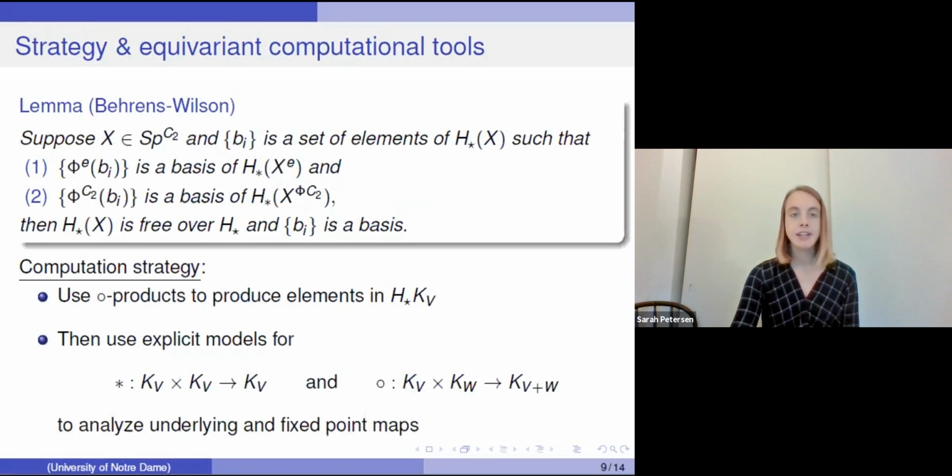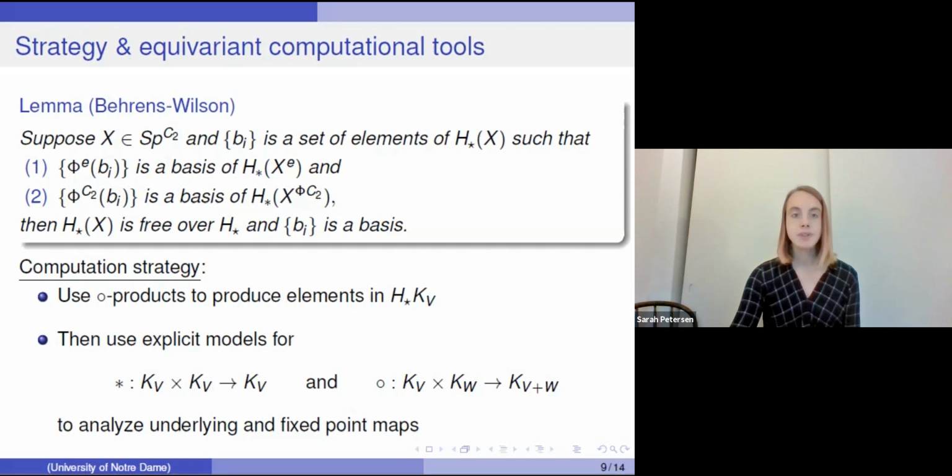In particular, I use a lemma due to Mark Behrens and Dylan Wilson. And this lemma says that if we have a C2 spectrum X and a collection of elements B sub I in the homology of X, such that these form a basis for the homology of the underlying space, as well as a basis for the homology of the geometric fixed points, then the original RO(C2)-graded homology of X that we're interested in is free over the homology of a point, and moreover, these elements beta sub I form a